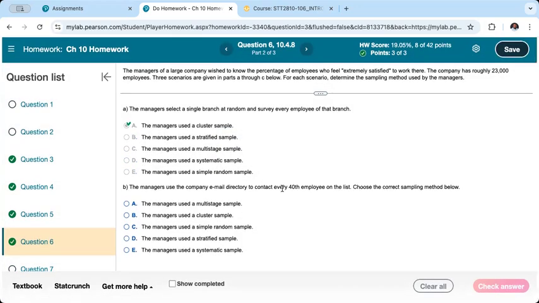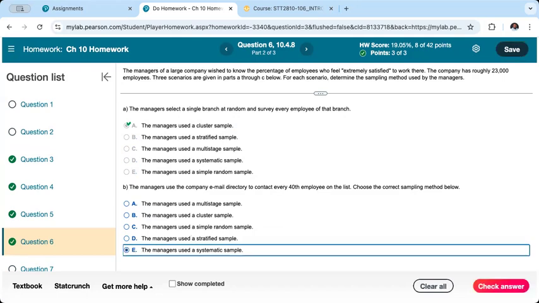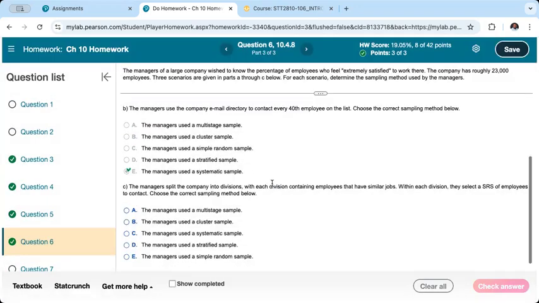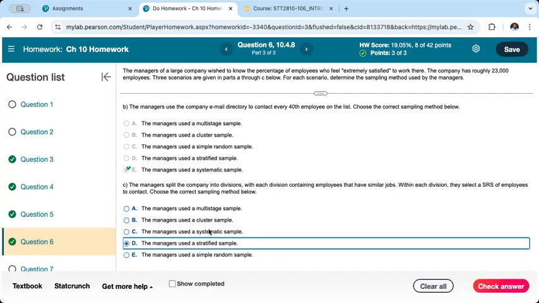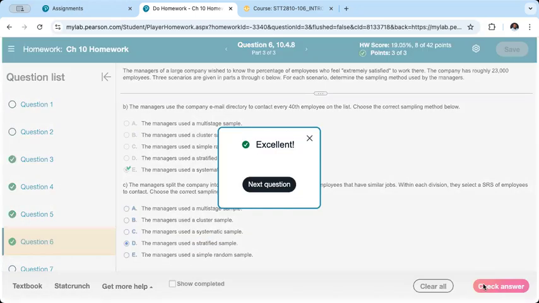How about B? Systematic. Okay. How about the last one? Stratified. Okay. Yep. So that should be